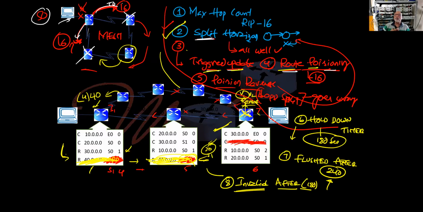When something goes wrong in our life, we call our near and dear and tell them, hey, this happened to me. So immediately you trigger the update with route poisoning and also poison reverse, so that the information will not come back to you. See, this triggered update, route poisoning, poison reverse is initiated by the router where the problem happened. The receiving router will also trigger it to the next guy, and then wait for 180 seconds and then flush it. And if suddenly I stop receiving routes, I'll wait for 180 seconds and flush it. That's all that happens.